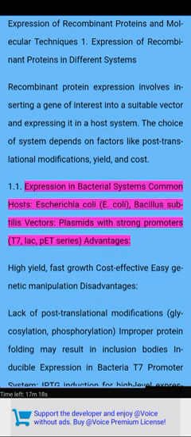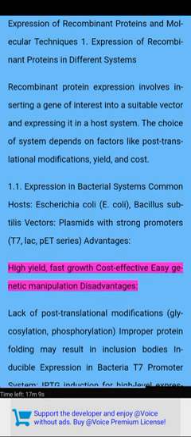1.1. Expression in bacterial systems. Common hosts: Escherichia coli, E. coli, Bacillus subtilis. Vectors: plasmids with strong promoters, T7, lac, pET series. Advantages: high yield, fast growth, cost-effective, easy genetic manipulation. Disadvantages: